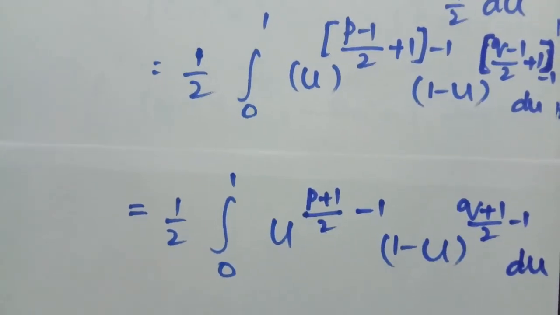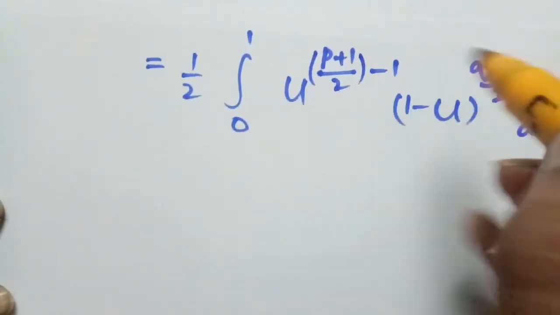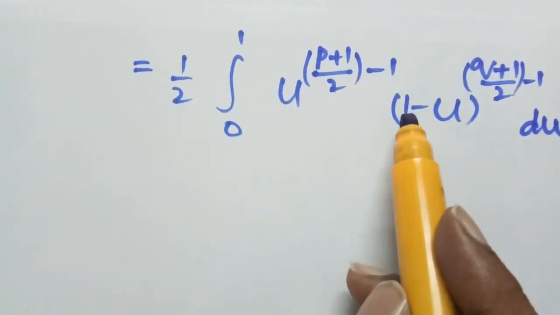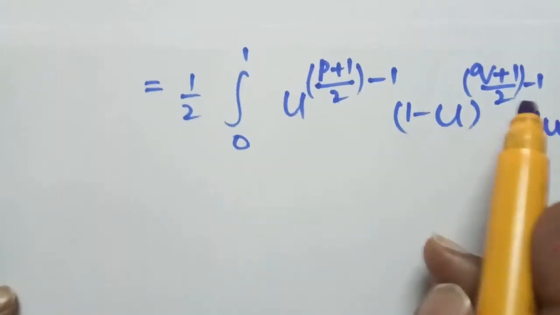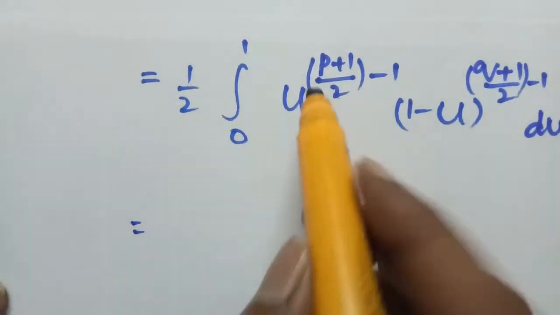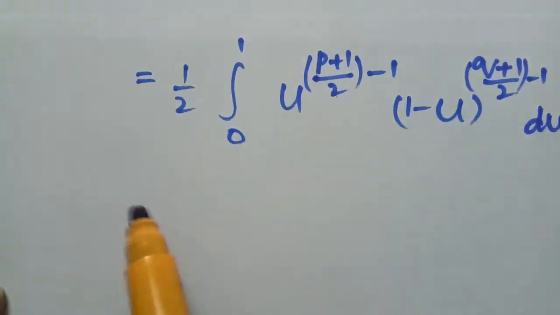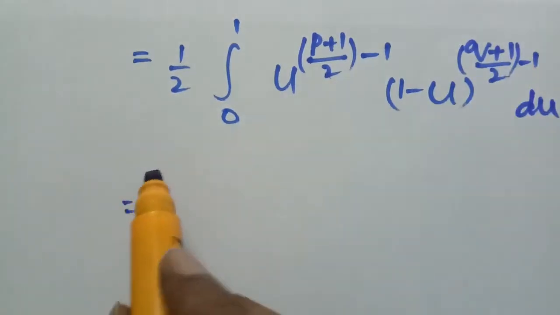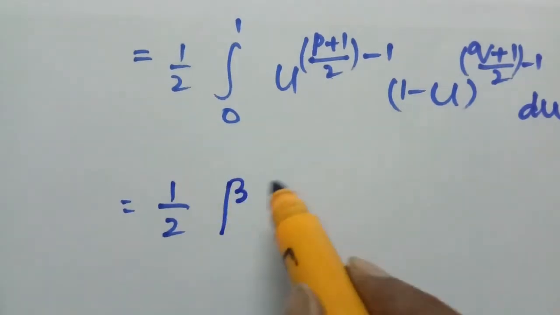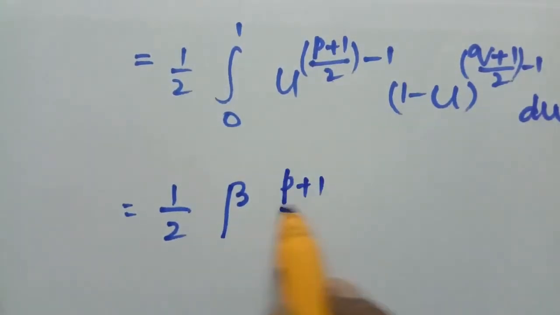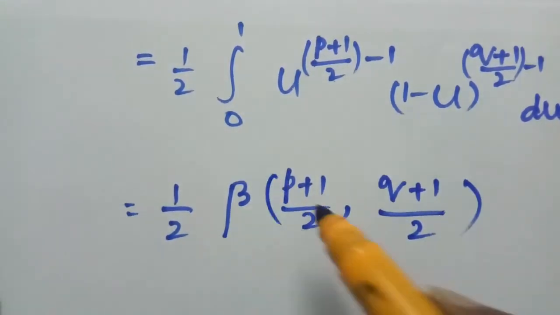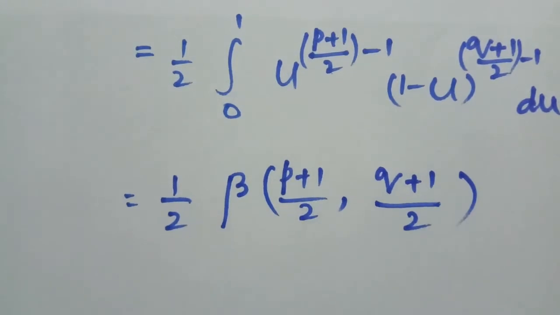Therefore, this is of the form x to the power of m minus 1 into 1 minus x whole to the power of n minus 1. This is the definition of the beta function. Instead of x here, you are having u, and in the place of m, p plus 1 by 2. In the place of n, we are having q plus 1 by 2. Therefore, 1 by 2 times beta p plus 1 by 2 comma q plus 1 by 2, by the definition of beta function,